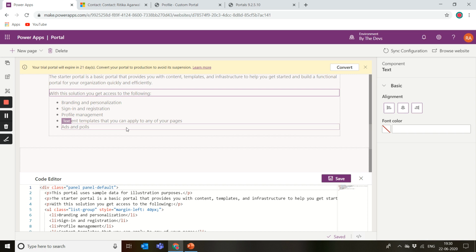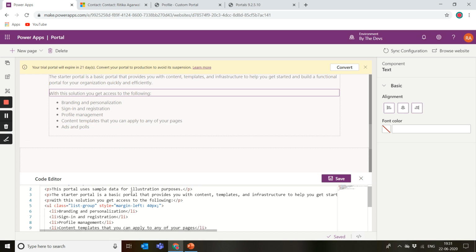So Portal supports Bootstrap 3.3 and those versions. Whenever you are working on Power Apps portals and trying to build your own custom controls or your custom visuals, make sure that you are using Bootstrap 3.3 and not Bootstrap 4 point something. The reason is that it doesn't support 4.0 and so on, and it will start to break the functionality. No matter how good your code is, it is going to render, but in the back end it's going to mess up some of your display and all those things. So whenever you are working with portals, make sure you're working with Bootstrap 3.3.